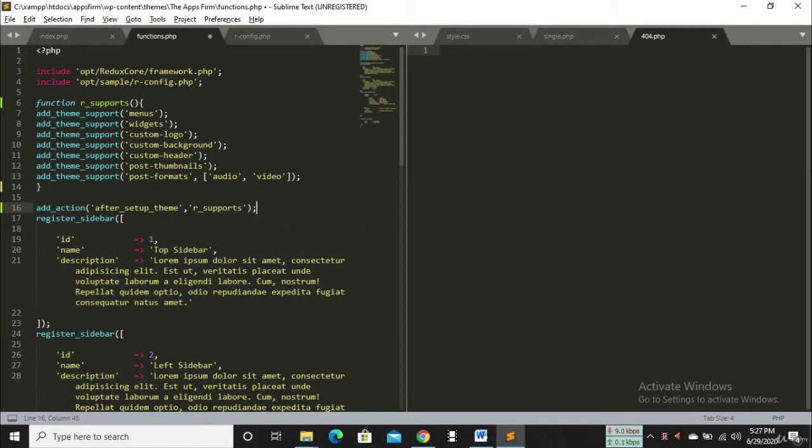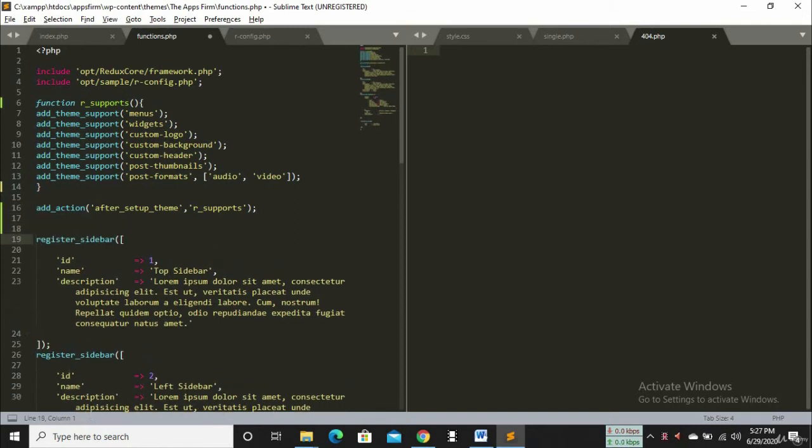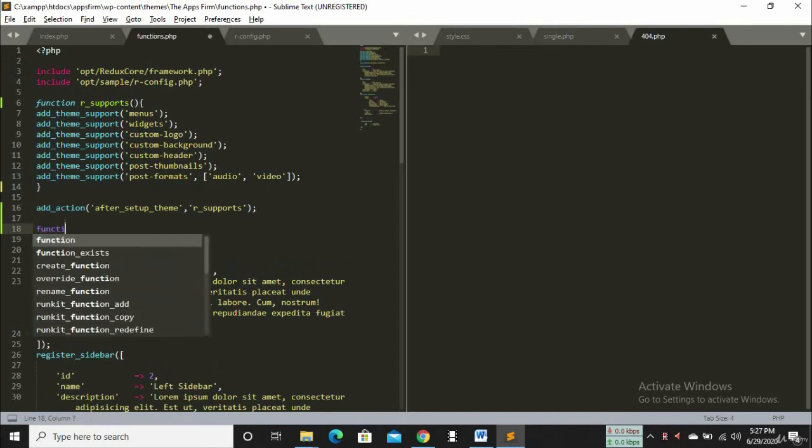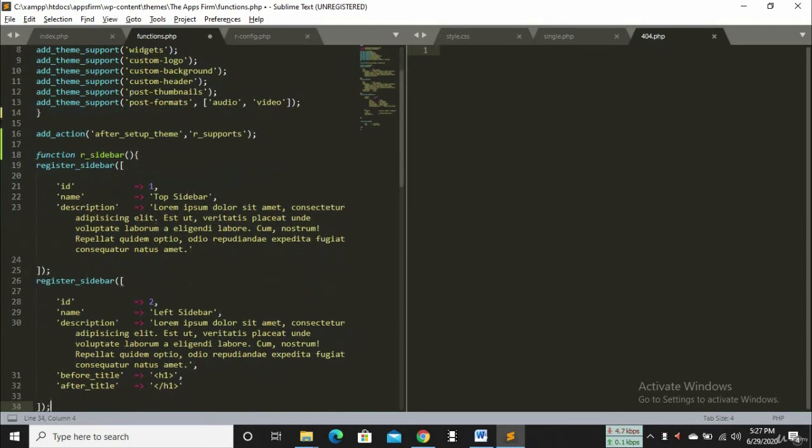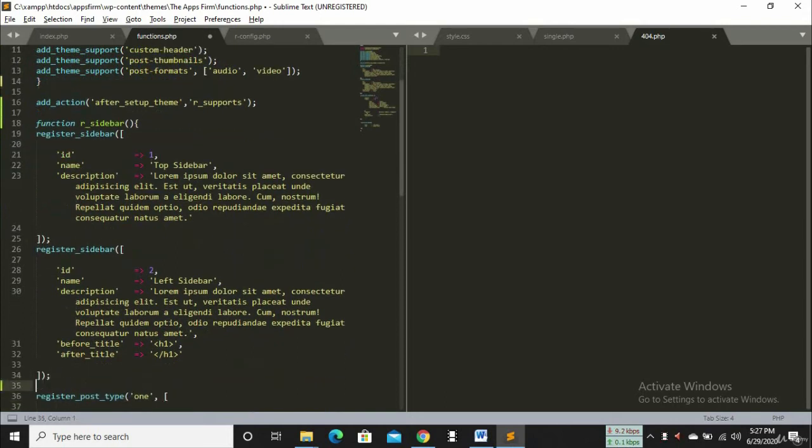Okay, done. Then we have written the code for register sidebar, so we also put it into a function, that is our sidebar. We will put these two sidebars in a function, and then